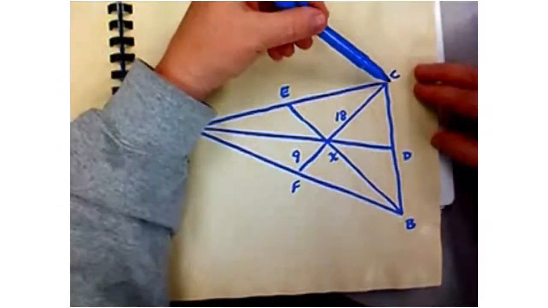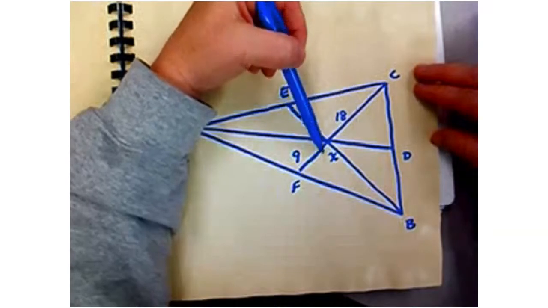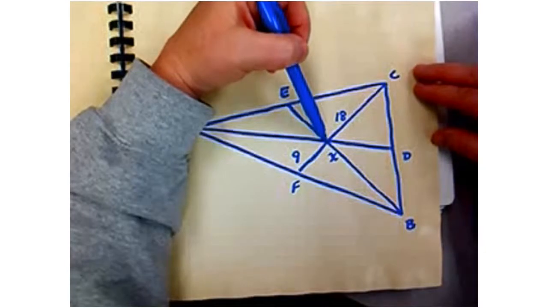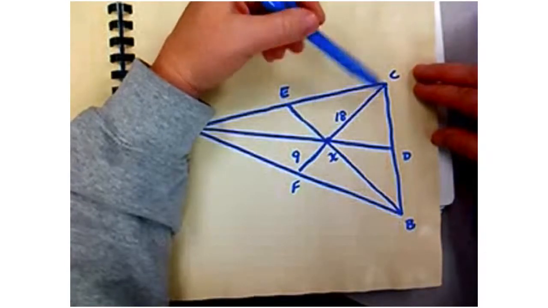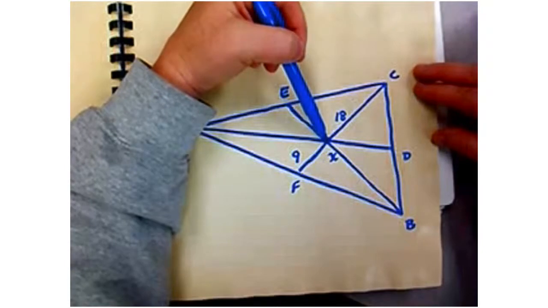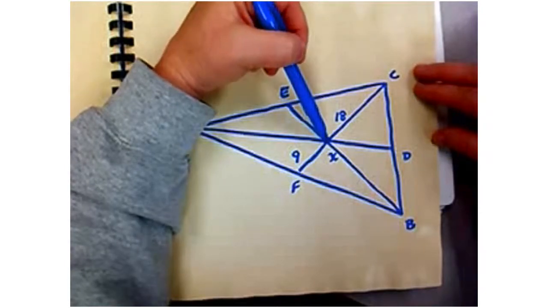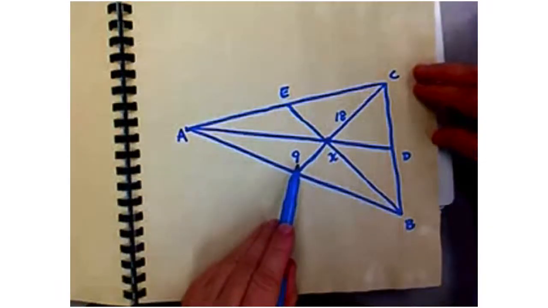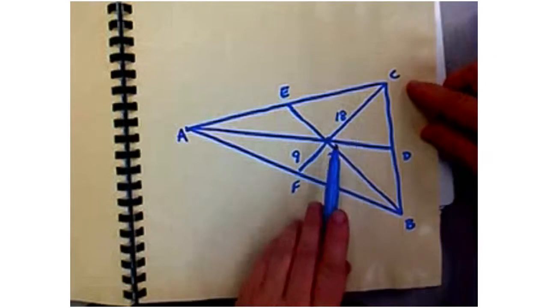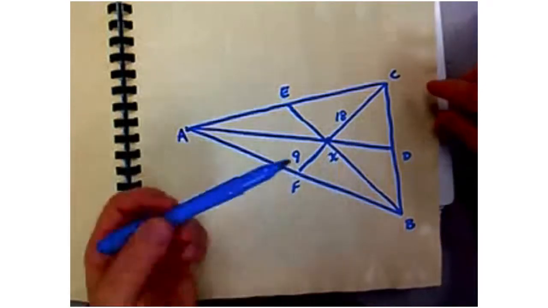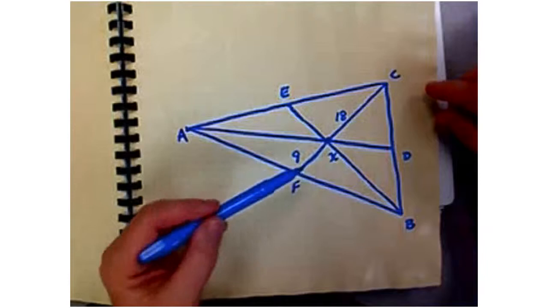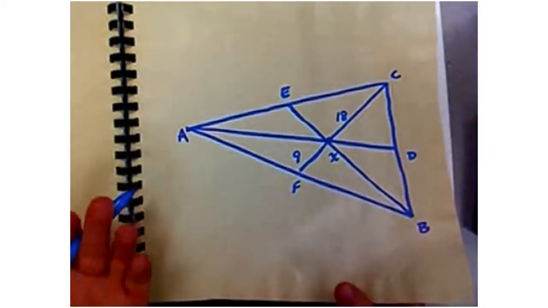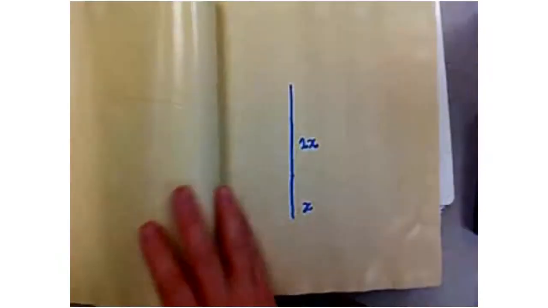Now take a look at vertex C and its median going through point F at the side opposite, the midpoint. We go through a centroid at centroid X. From C to the centroid X is 18, and from the centroid X to the midpoint is 9. Again, that relationship is a 2-to-1 relationship. C to X is double X to F, or X to F is half of C to X. Okay, so that leads us to our conjecture, or our theorem, for the next